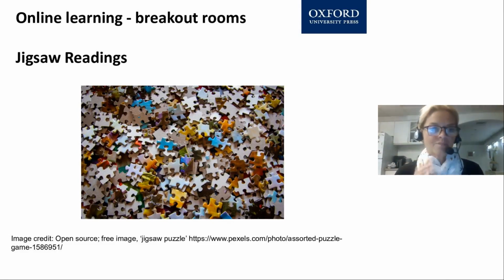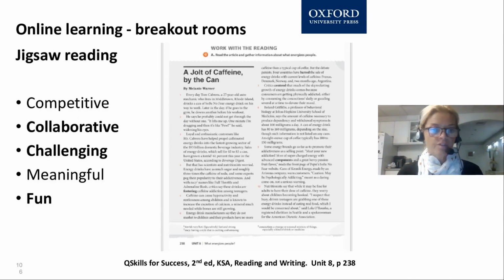So I'm just looking, we've got 5 minutes. Another activity that I wanted to share with you or remind you about is jigsaw readings. I'm sure a lot of you are familiar with those, but for those of you who are not, when you take quite a lengthy text and you want to sort of break it down with students, it can be a good idea to divide up